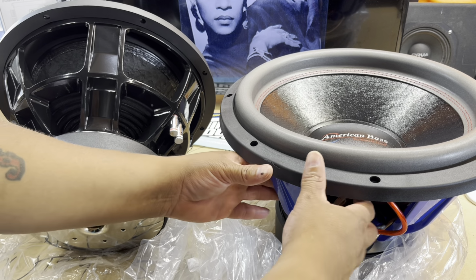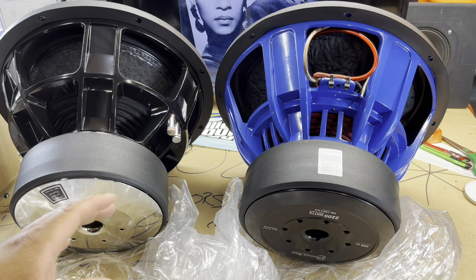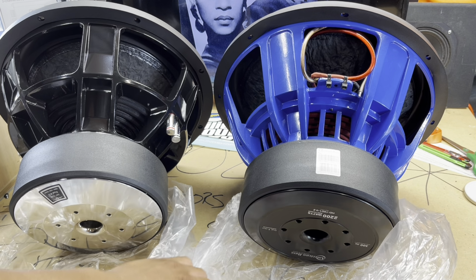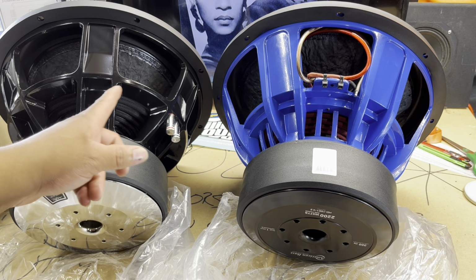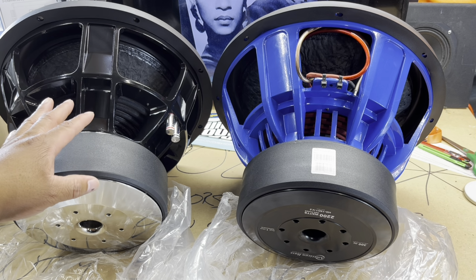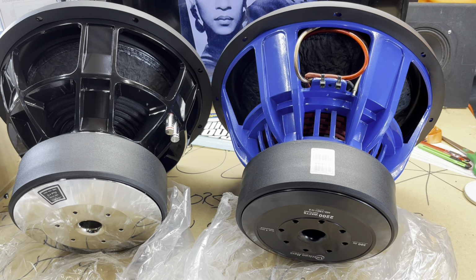And at the end of the day, that's why I'm doing this here, running through all these subwoofers. Like I said, when you see something in person versus in a picture, it's a whole other ball game, man. So now that I've been able to physically put my hands on these subs, I'm not even gonna lie, I don't think I'm gonna run this. I do like the appearance of it. I like all the Skar people and what they say and all that. I totally dig that, but personally, I believe I'm gonna go another route as far as the American Base HD